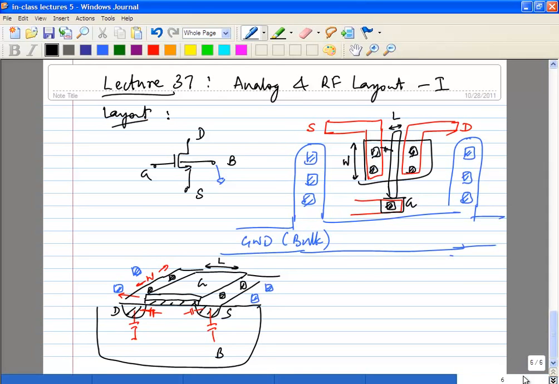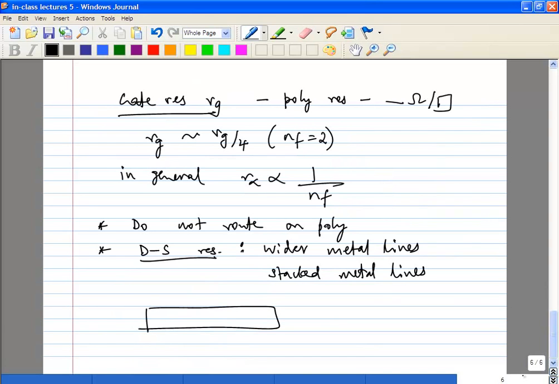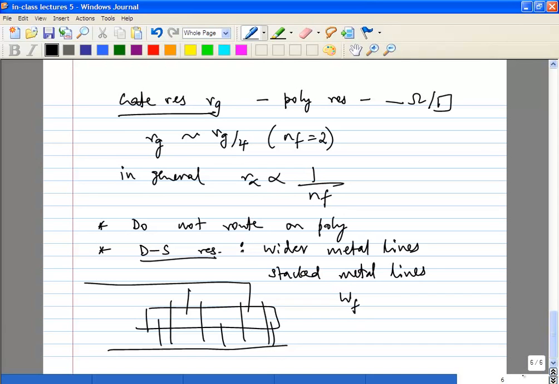Let's say you split it up like this. Now you have to worry about routing these sources. You have to worry about routing it like this, and routing it like this. This may add some extra capacitance, resistance, and so on. If you make it too small and too long, you are basically routing the drain and source a long way, and your gate a long way. Those are all trade-offs you will have to make when you decide how many fingers you want. I would say a good rule of thumb is, let's say WF is the width of each finger, try to keep it